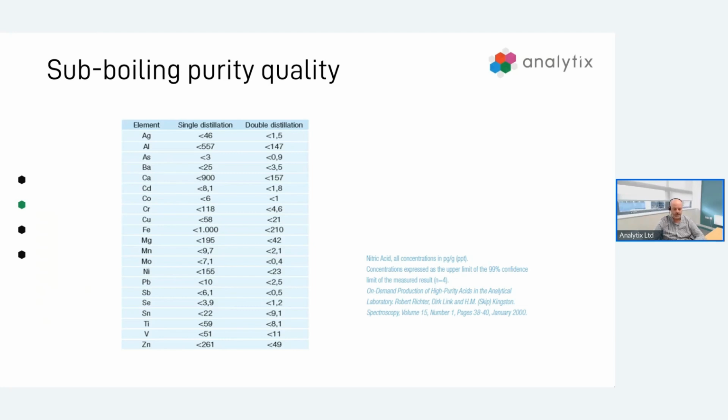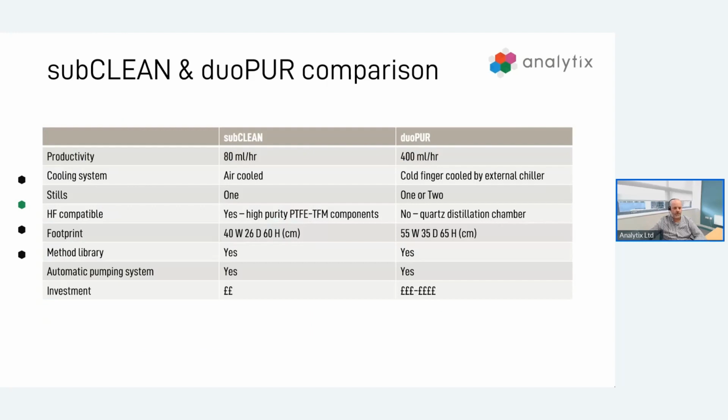both options are available. In terms of a comparison of the hardware and the technology here, the difference between the subclean and the duoport is the productivity, the rate at which we can distill the acid. You can see here the subclean is able to do 80 mils an hour, the duoport up to 400 mils per hour. Now the duoport figure is if you were using two stills, so each still can do 200 mils an hour. If you've seen the literature about sub-pure, that would have a maximum productivity of 200